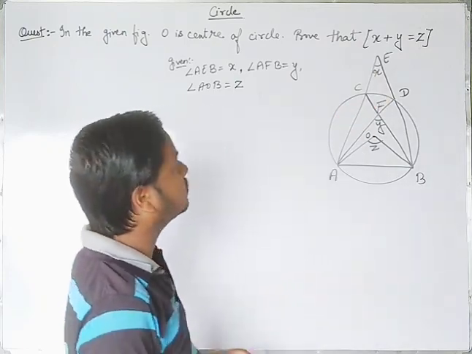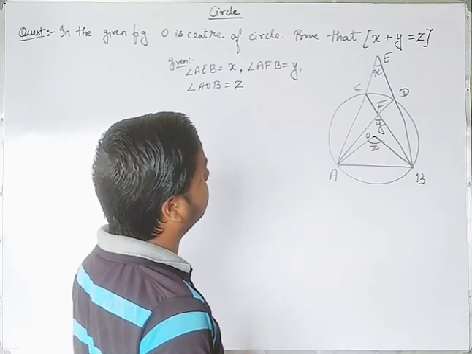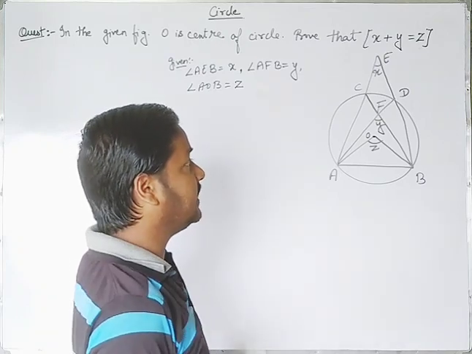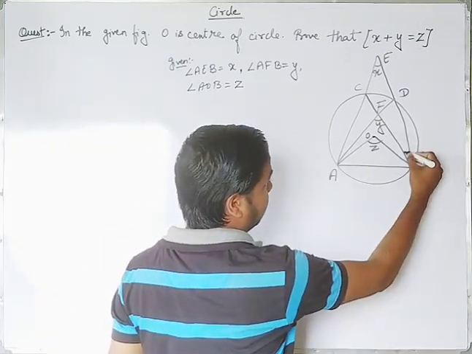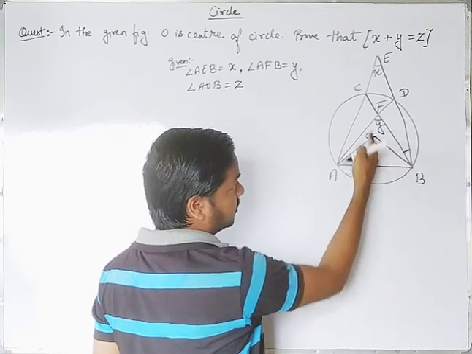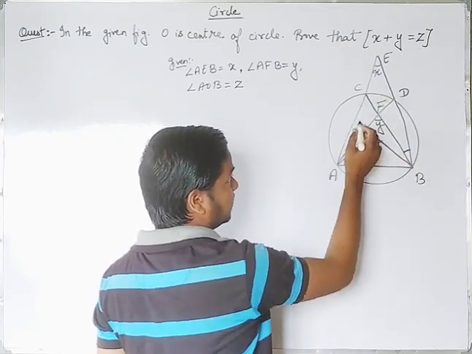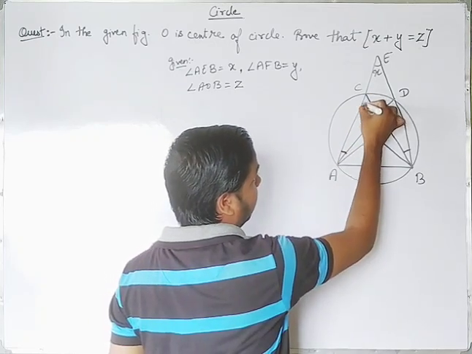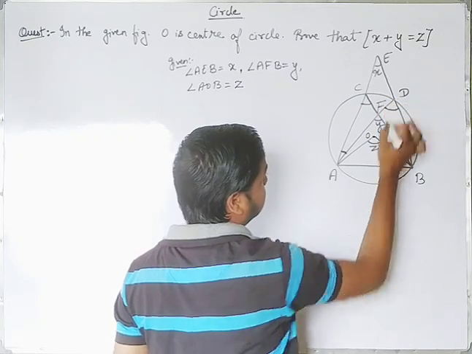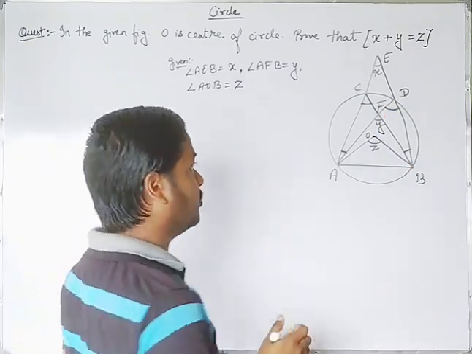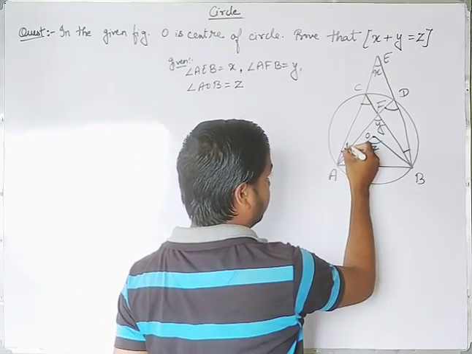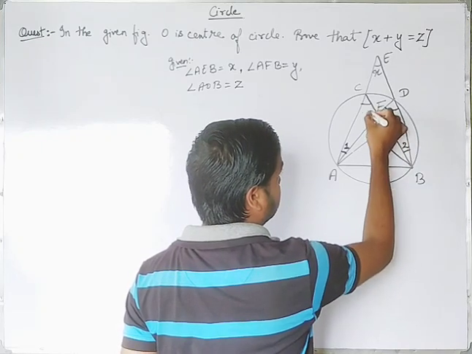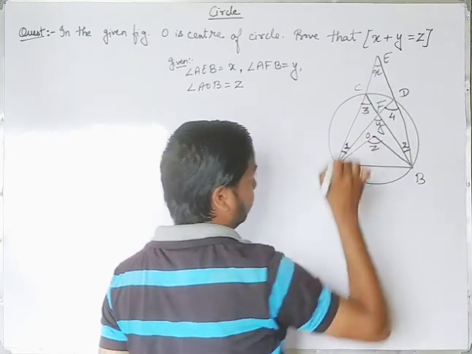How will we prove it? We will suppose some angles as 1, 2, 3, 4 so that you will feel it is easy. Suppose this angle, CBD, this side also CAD, this much angle, here this angle and this angle. We will suppose these 4 angles, then we are able to prove. Let this angle be 1, this will be 2, this will be 3 and this will be 4.